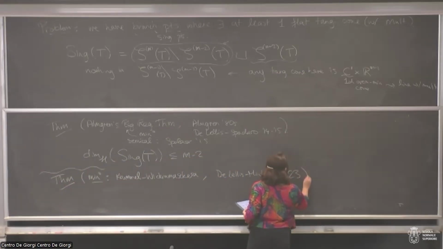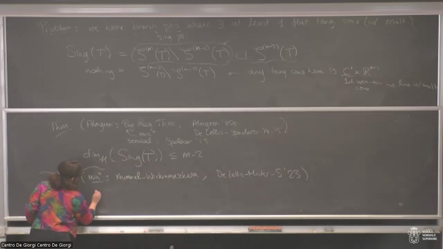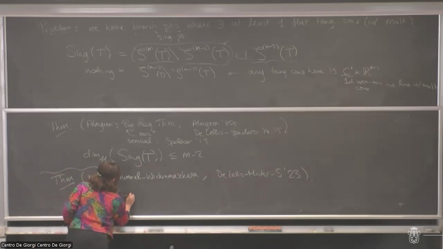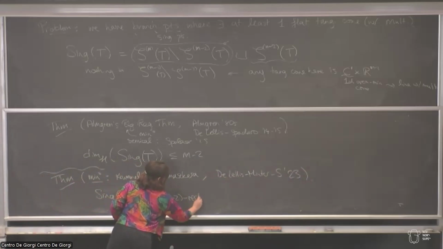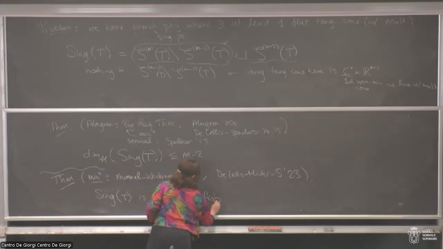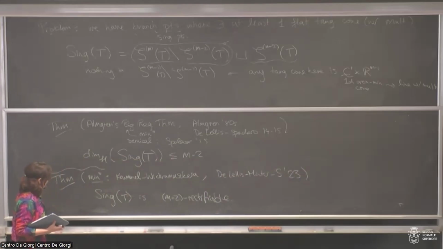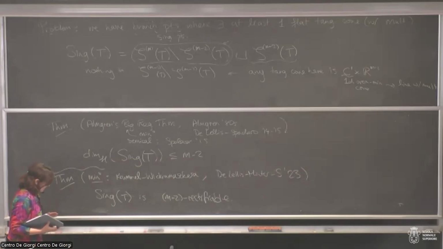This was in 23, where we were able to get that the singular set is n-2 rectifiable. So unlike the stratification of Naber and Valtorta, we don't have anything like content bounds, unfortunately, because